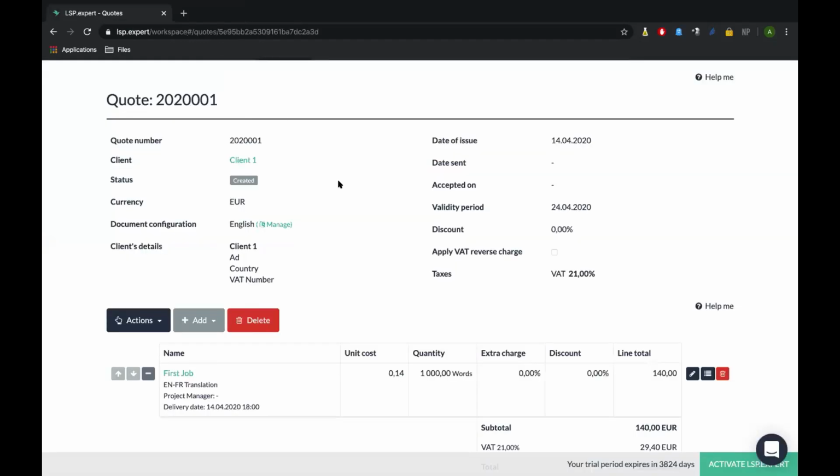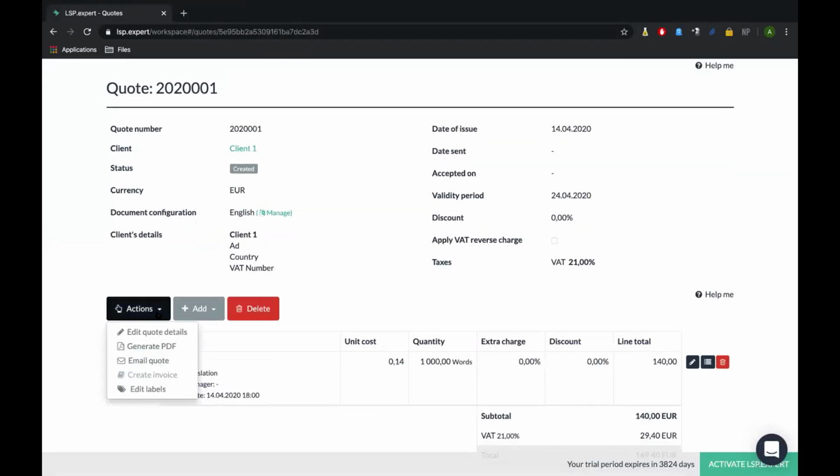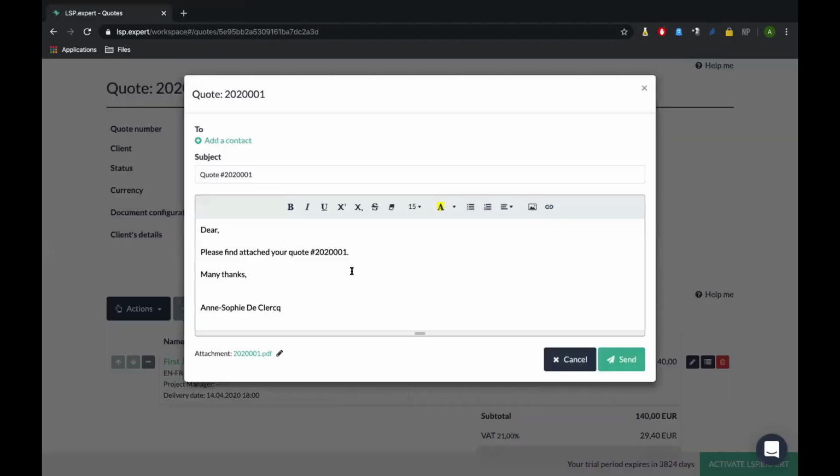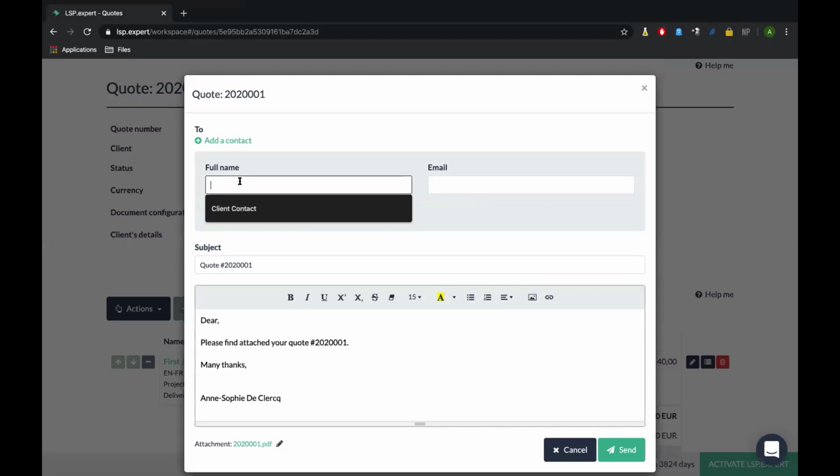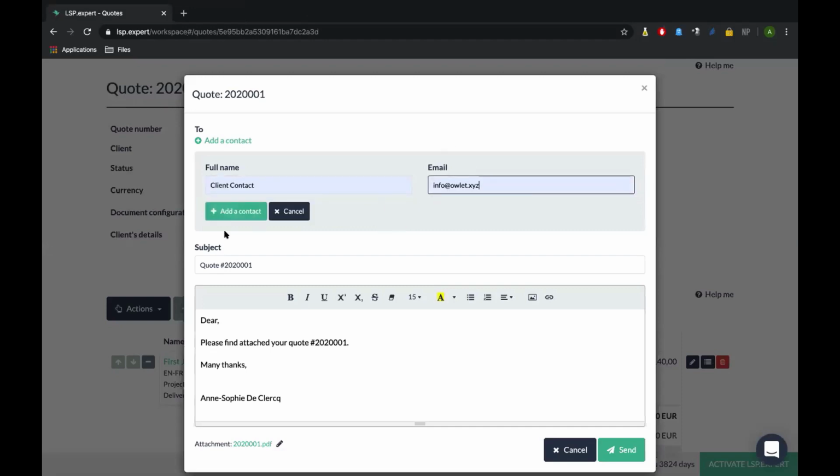Okay, so I have my PDF file, but as I said, you can also send an email quote. In order to do that, just click on Send an Email Quote, and you can see that you have to add a contact. Let's say client contact, and the email is this one.